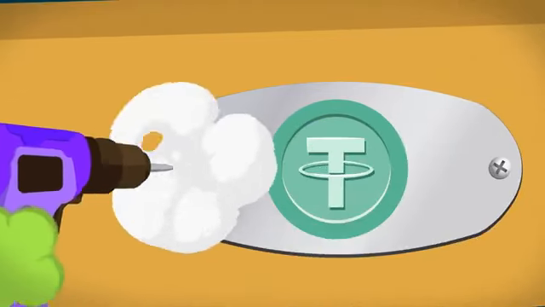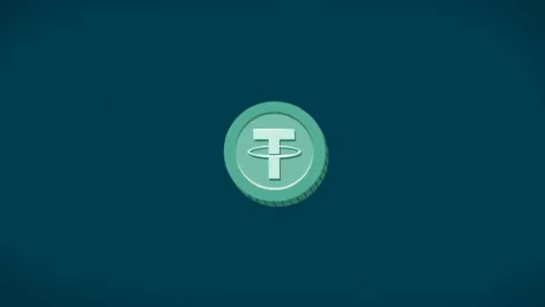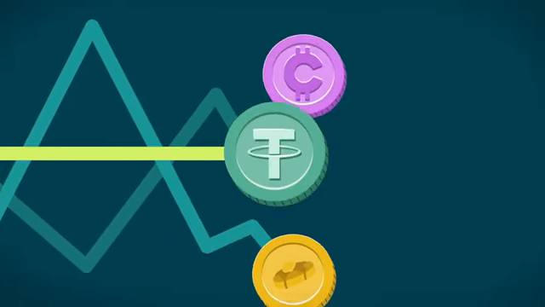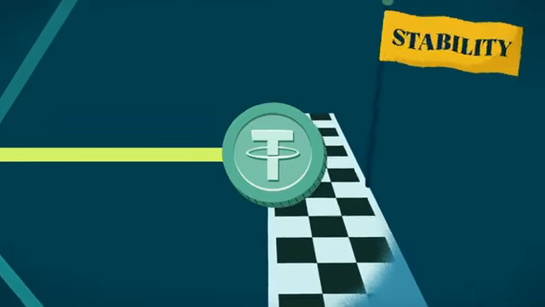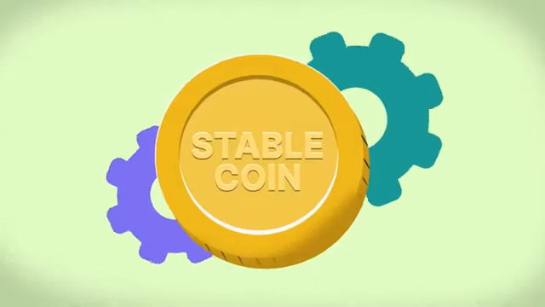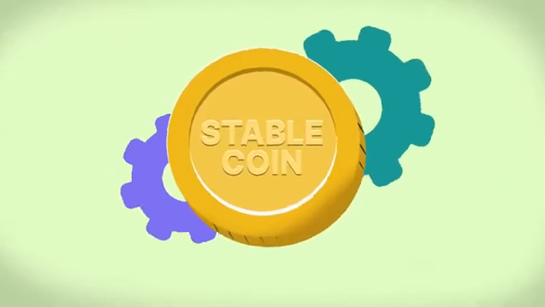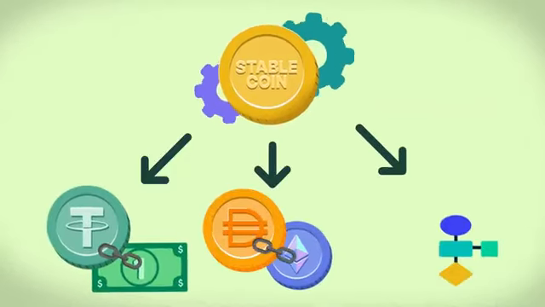Stablecoins are tokens which are typically pegged to the value of a specific currency or commodity and are designed to offer stability in the volatile world of cryptocurrencies. Though not all stablecoins achieve this goal in the same way. Depending on the mechanism a stablecoin uses, it can be placed into one of three main categories: fiat-backed, crypto-backed, or